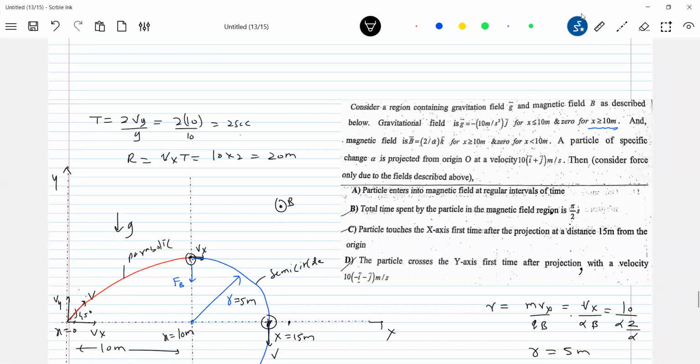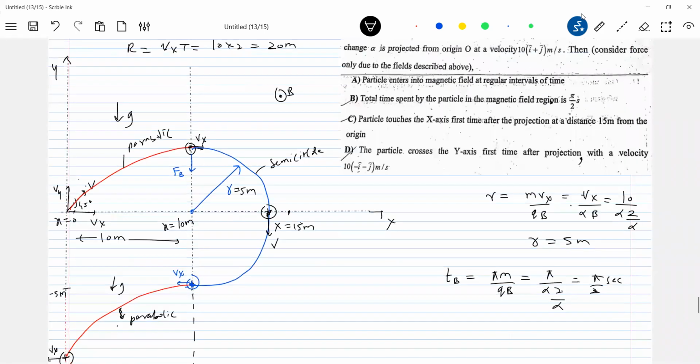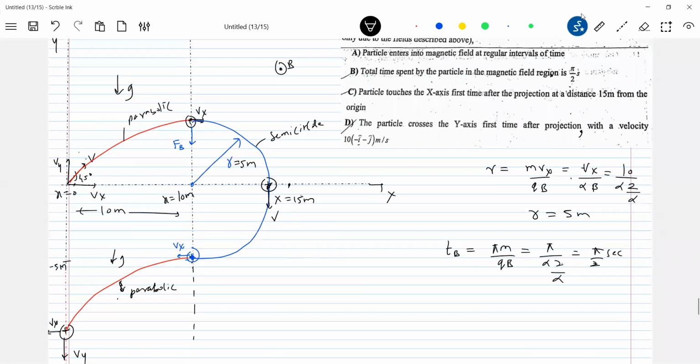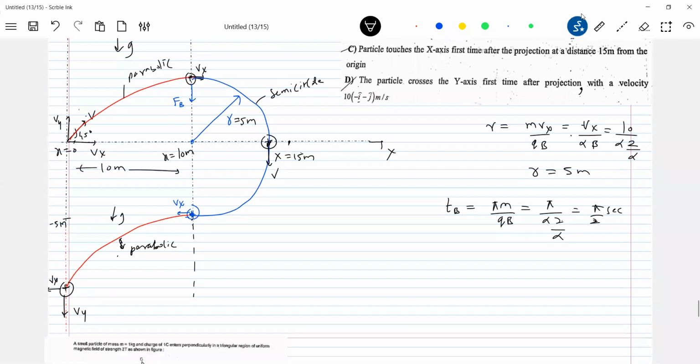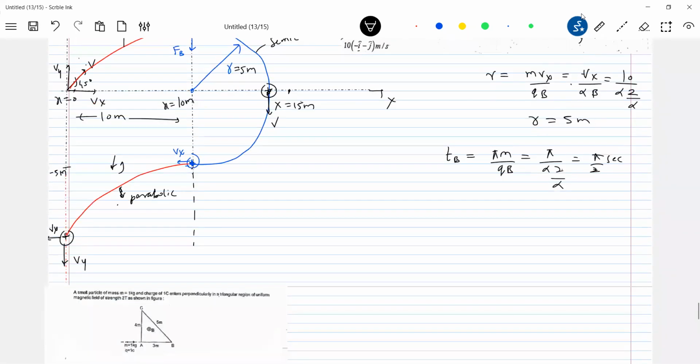Regarding option A, particle enters into magnetic field at equal intervals. After the first part of the trajectory, what you drew, when it encounters the negative y-axis, it will get... So if we take y-axis as a wall, then we can take... After this collision point only, it will become like periodic motion. After collision with the wall, again it will come like this, no? Y component will be there down only. Yes, sir. Thank you, sir.